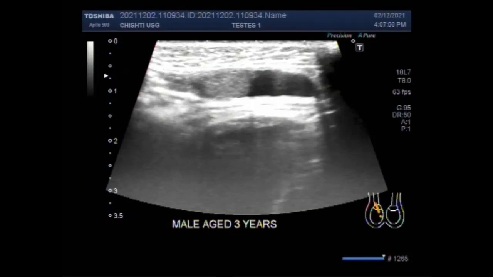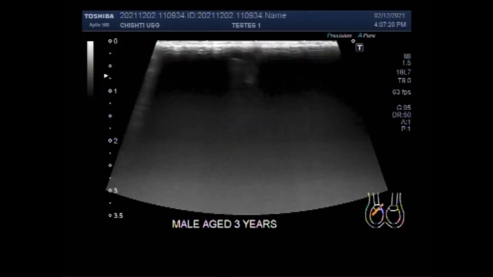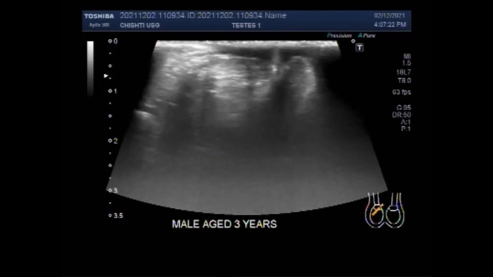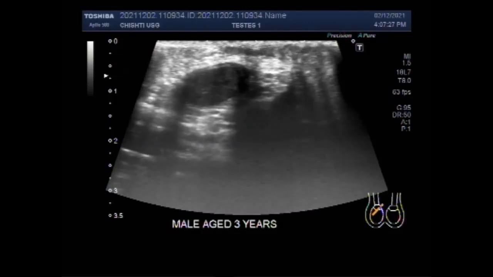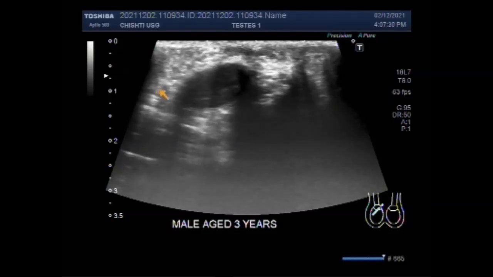This ultrasound video shows inguinal hernia in a child aged about 3 years, and you will see the ultrasound findings in the inguinal hernia. A hernia occurs when an organ or fatty tissue squeezes through a weak spot in the surrounding muscle or connective tissue called fascia. Now you can see the right testes, and this testes looks echo-normal.